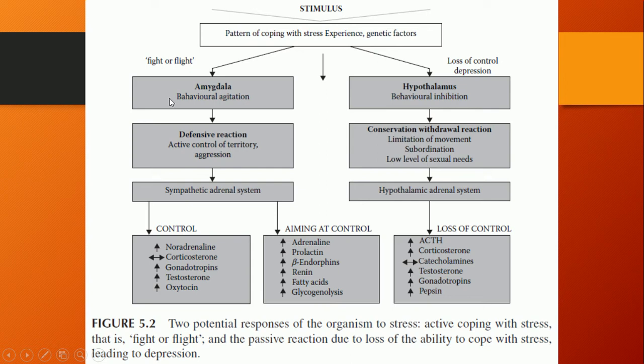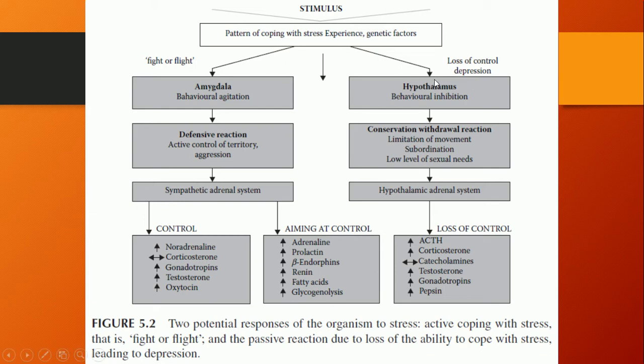This is the advantage of reactions for stress because we're going to fight or flight. But as it is said in the previous lesson, our body should not be always in this mode because it is going to transform our brain and our organs, and it will eventually make damage to our organs. So this is another reaction. This is the loss of control, and then because of loss of control, there is depression.